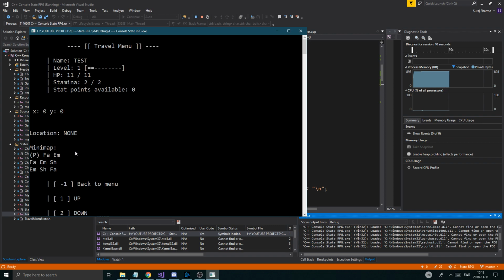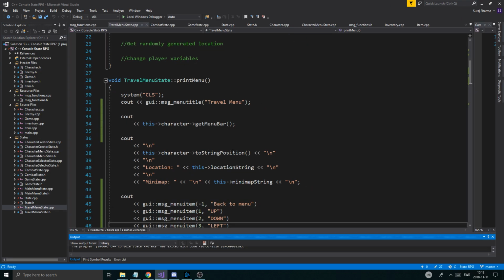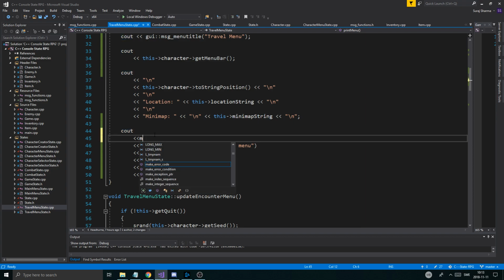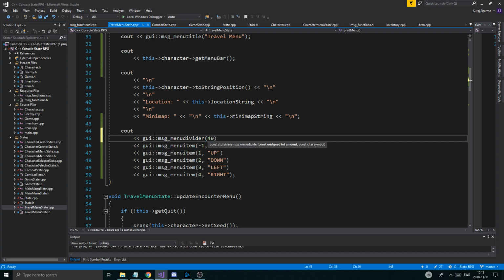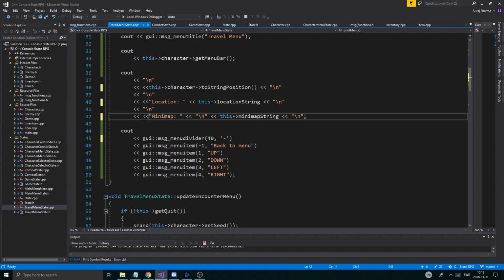These things don't look that good, nor do the positions. Let's see. Nor do the positions look all that nice. Okay, so we're gonna do a GUI. See how you gotta experiment, kind of. Menu divider, 40 lines here, like that. Okay, I got the menu divider right there. And then I'm gonna do in front of all of these, like this probably,